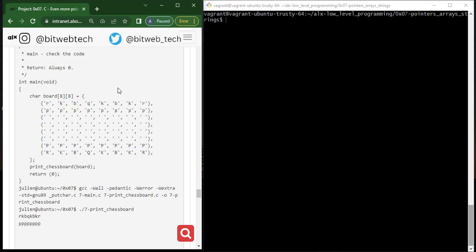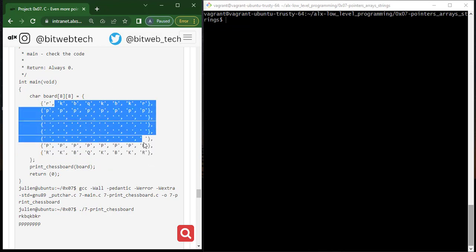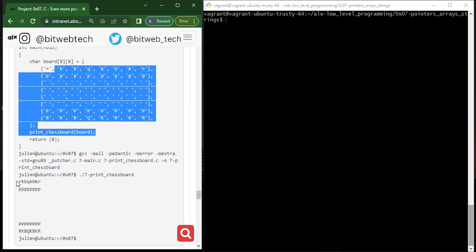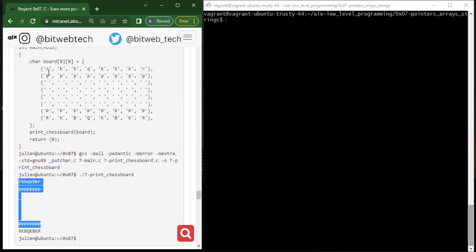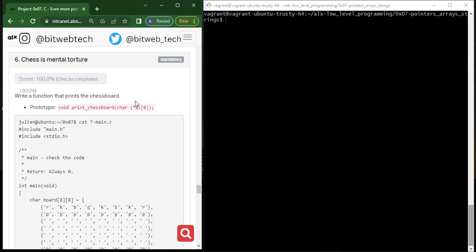So we are supposed to print the elements inside this chessboard, this R, K, P and so on, all of it, just the way it is printed here. Did you see that? So all the elements inside this are printed. But before we solve this problem, I need to explain a concept for you, which is the multi-dimensional